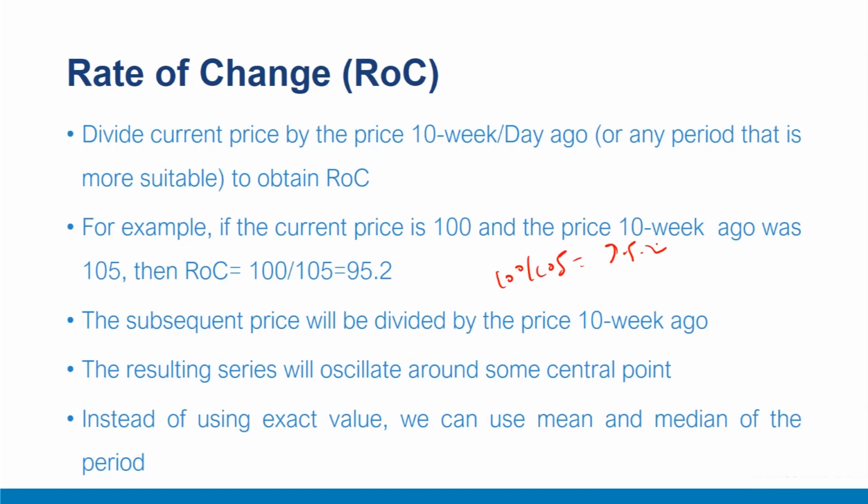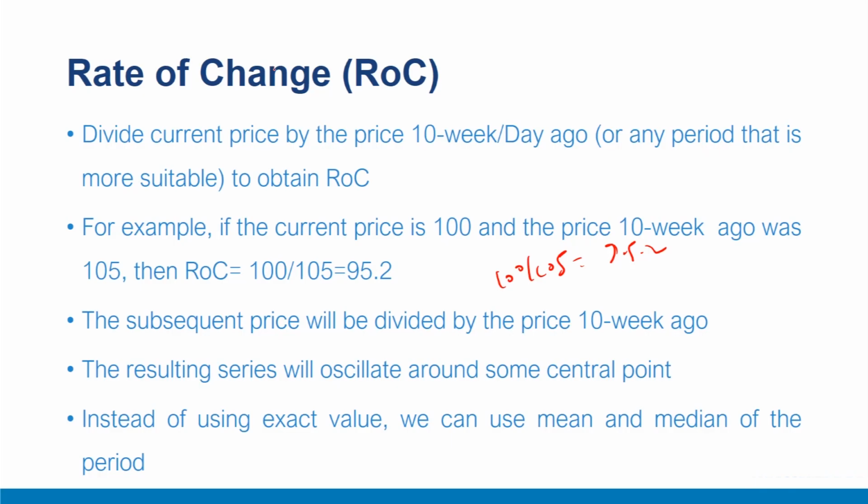When the ROC indicator is below its central line and falling, the price is below its level 10 weeks ago, and the difference between the two is growing. If the indicator is below its central line but rising, the price is still lower than its level 10 weeks ago, but its rate of decline is slowing. To summarize, a rising ROC indicator implies expanding velocity and a falling one implies a loss of momentum. Rising momentum should be interpreted as a bullish factor and declining momentum as a bearish one.